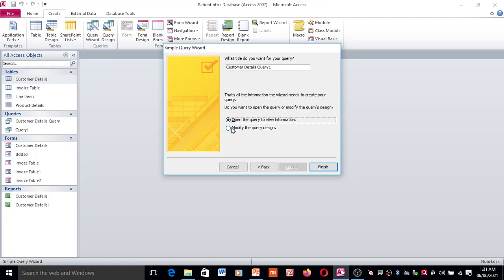If you want to modify the query design, click on modify; if you just want to open the query to view information, click on this option. Also you can change the name in this particular box, then click on finish.